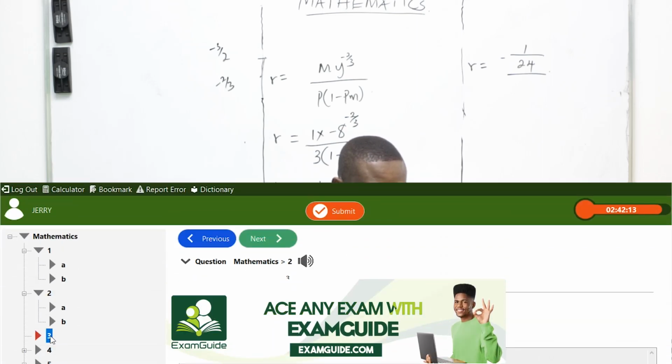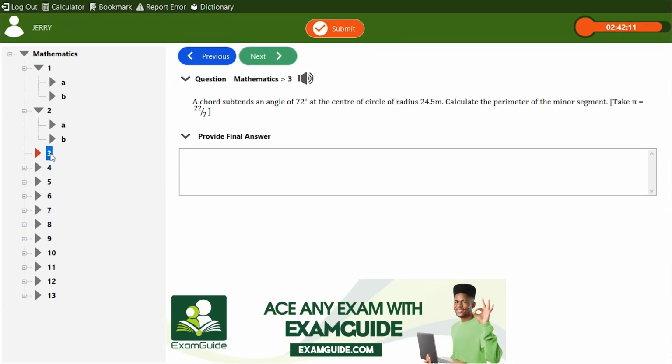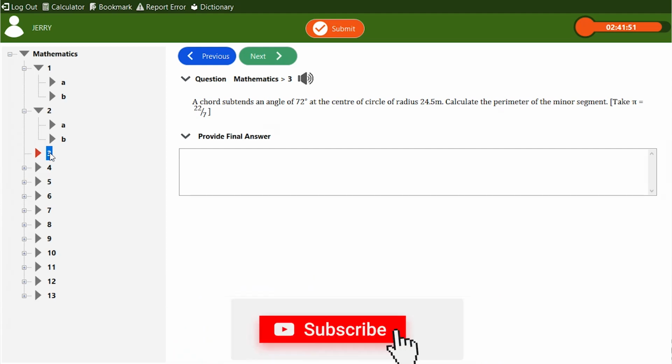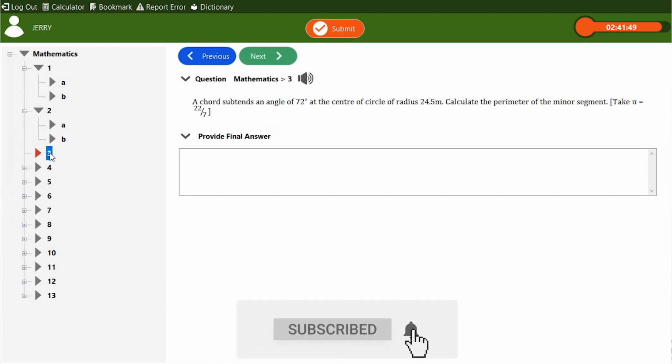Question number 3. A chord subtends an angle of 72 degrees at the center of a circle of radius 24.5 cm. Calculate the perimeter of the